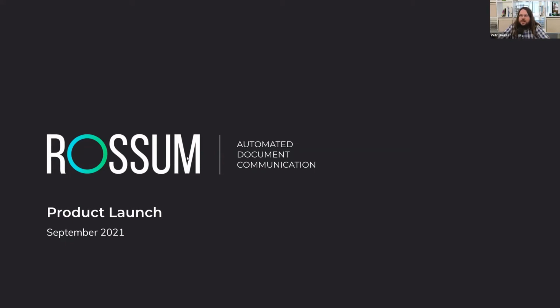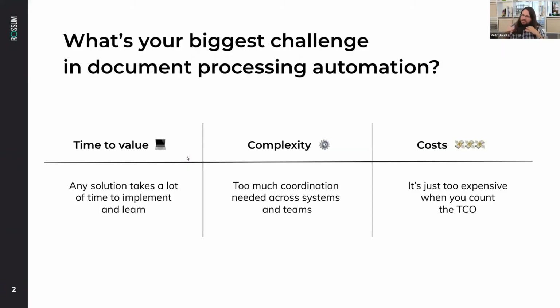But first, I would actually like you to stop and think for a second about the most challenging aspect of automating document processing in your company. What's your biggest challenge? Is it perhaps the time to value? How long it takes for any solution to go from the drawing board, be implemented, train your operations team on it, and get really going with it? Or is it the complexity of the project? Perhaps it's just too much coordination needed across many different systems, and more importantly, many different teams, the operations team, the implementations team, the services team, and so on. Or is it the costs? Because maybe it's simply too expensive to roll out an automation solution when you count in all the total cost